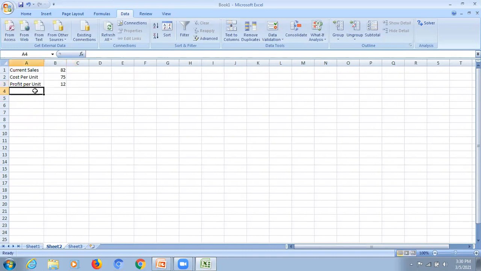So let us see, if the cost per unit is 75 and the number of units sold is 82, then what is the total cost price? Total cost price would be 75 multiplied by 82. What will be the total selling price?